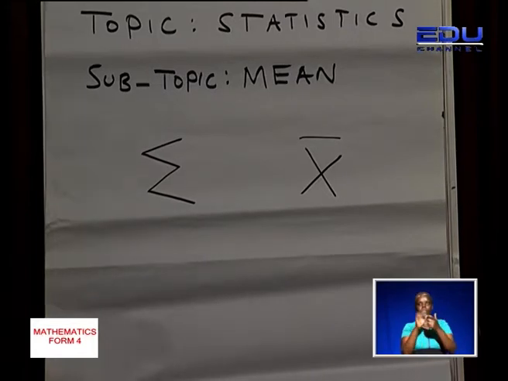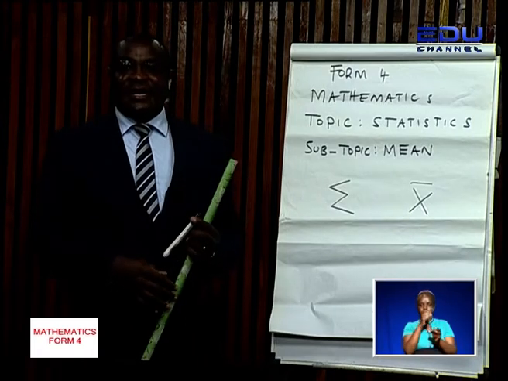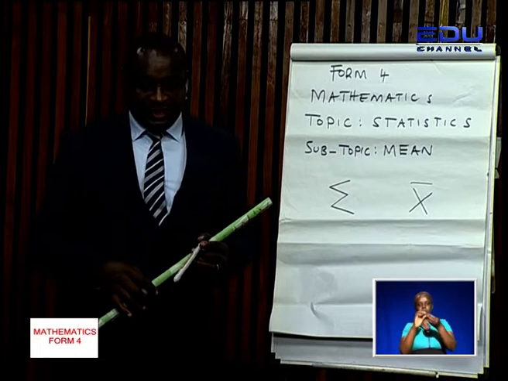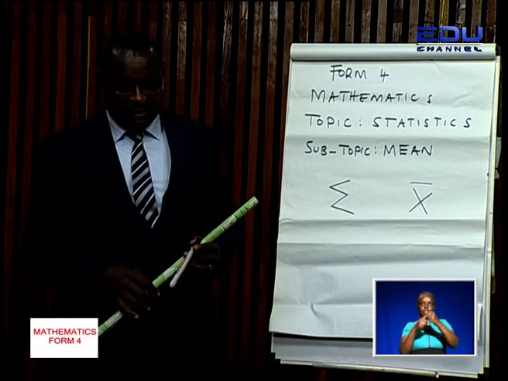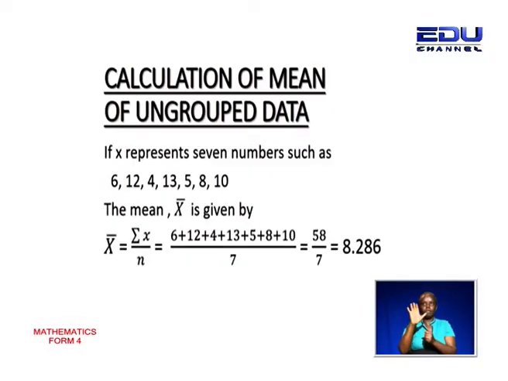Calculation of mean of ungrouped data. If X represents 7 numbers such as 6, 12, 4, 13, 5, 8, and 10, those numbers are known as the data points, but the complete set of the data is known as the data set. To calculate the mean, we shall now start using the symbols that we learned,